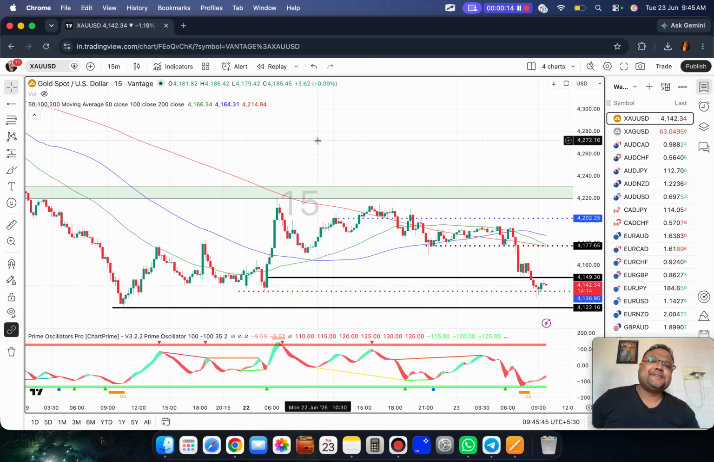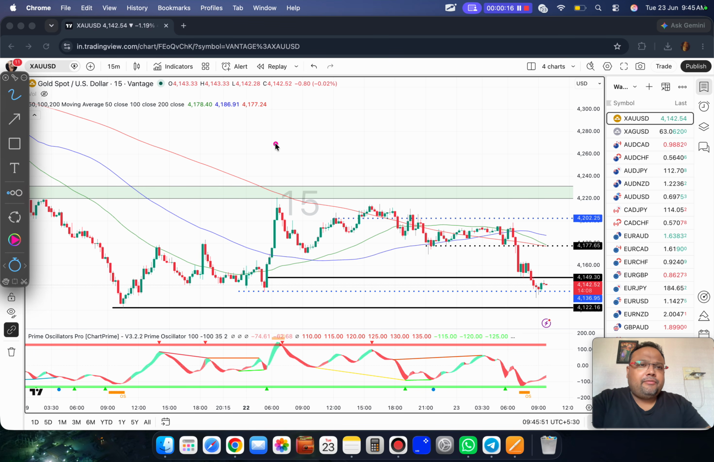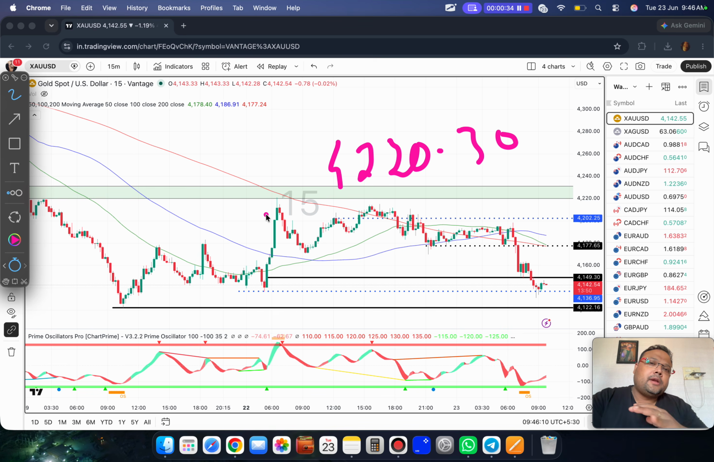So let's get started. And my dear friends, there's a 15-minute chart of gold in front of us. In a previous video, we discussed the importance of this green box here. If you have watched my previous video, hopefully you can recognize it, because the zone is 4220-4230. After the market opening, there was a good amount of buying power, and these were the candles formed